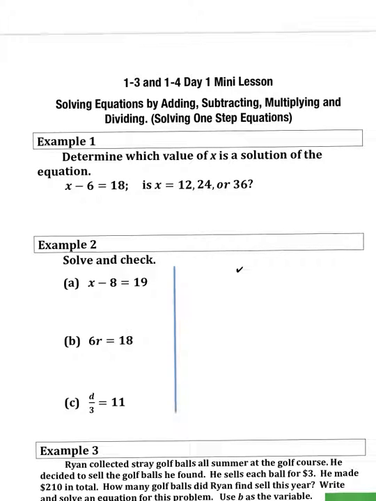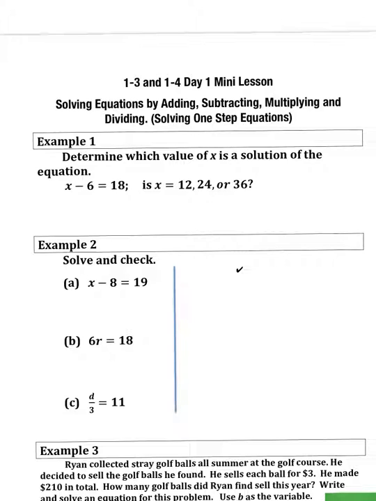Hi everyone, today we're going to be going through lesson 1.3 and 1.4, day 1, which is solving equations by adding, subtracting, multiplying, and dividing, but this is specifically only for solving one-step equations. So in example 1, it says determine which value of x is the solution of the equation, and then you'll